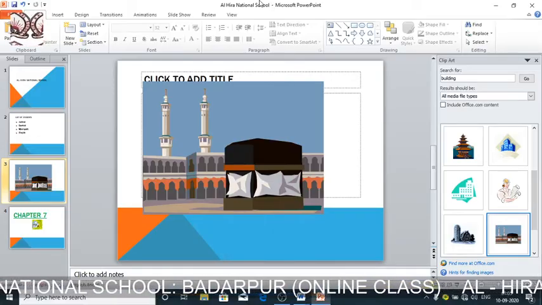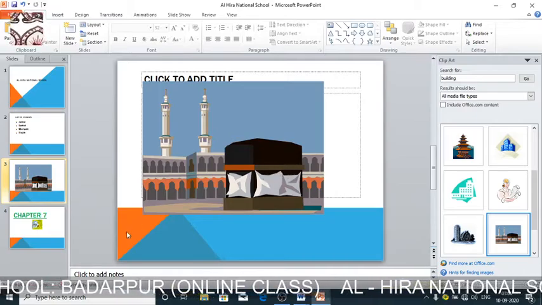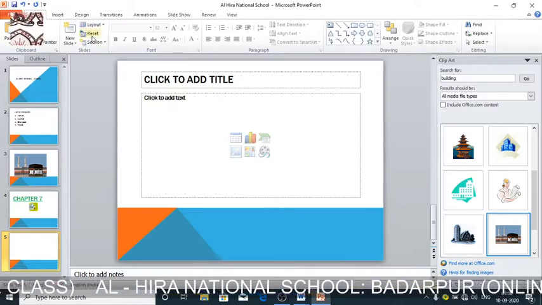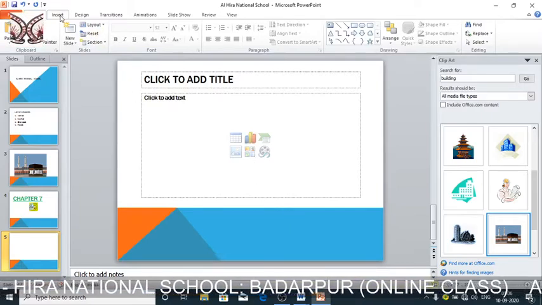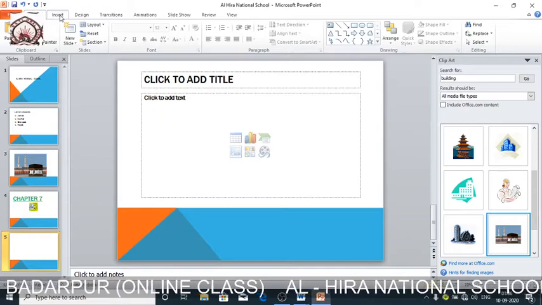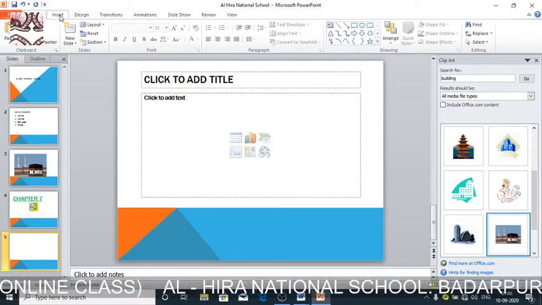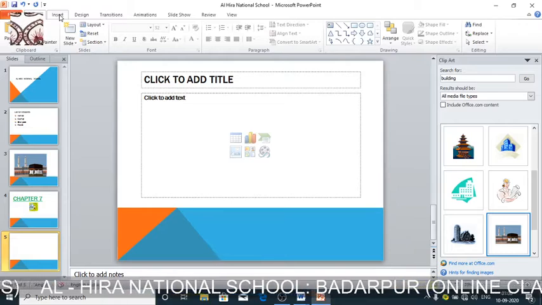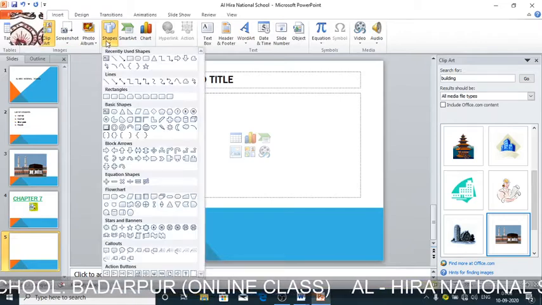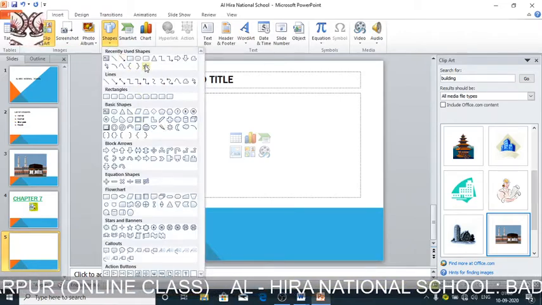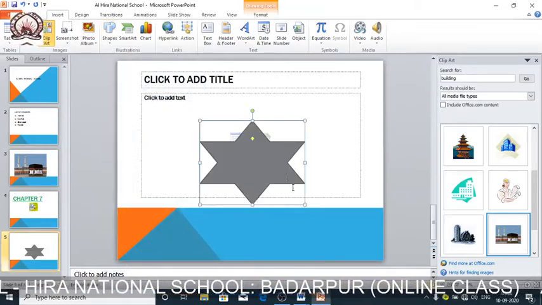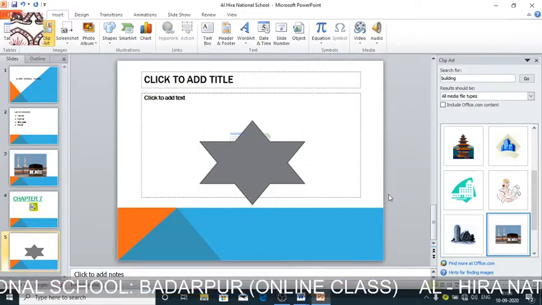Okay, so this is how we can insert the clipboard also. We can also add, I am taking another slide, so we can also add auto shapes. As we know, there are already some built-in shapes present in MS Office. So click on this shapes option, and there are some auto shapes. Suppose if I choose any of these shapes, this one, a star, and then I just drag it on the slide, this particular shape will be added into our slide.